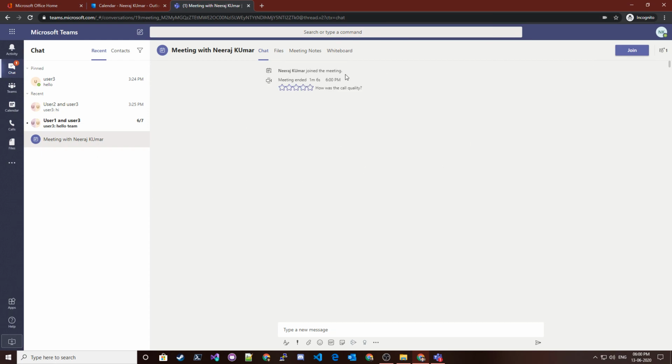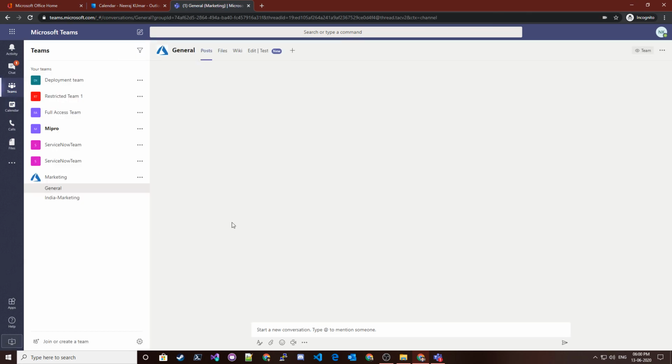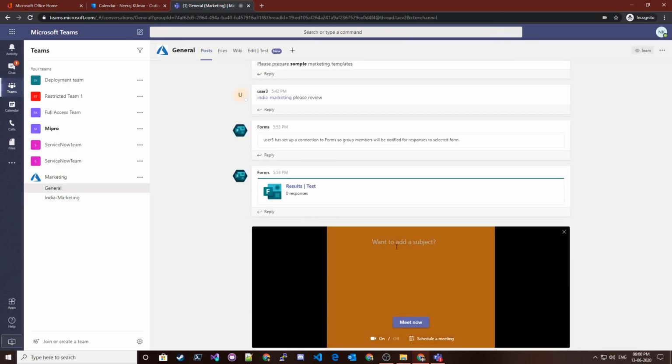So this is how you can create a meeting and join this meeting, and you can share the meeting link with people so that they can also join the same meeting. Okay. Mostly you will be using the scheduled meeting option, because that way you have more control over this. Meet now option is there when you want to have an impromptu meeting. For example, all the people in your channel are discussing something and you want to have a direct meeting, so that some people can join that meeting. You can basically start an impromptu meeting using Meet now.